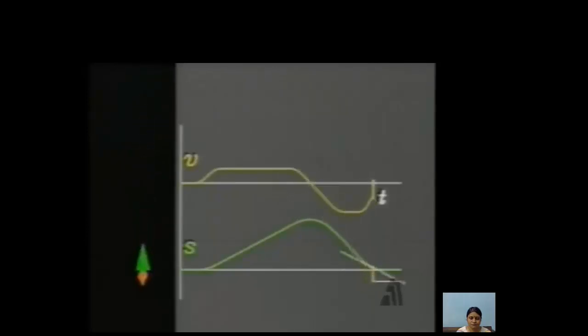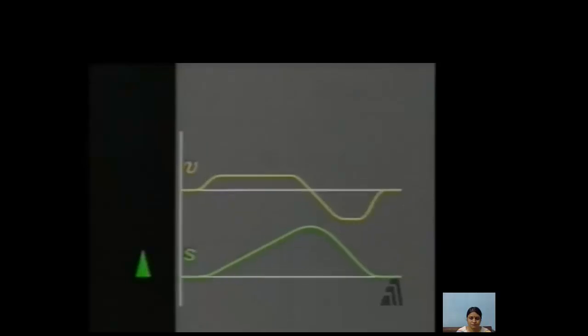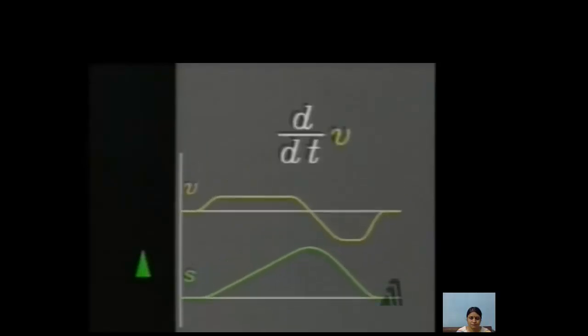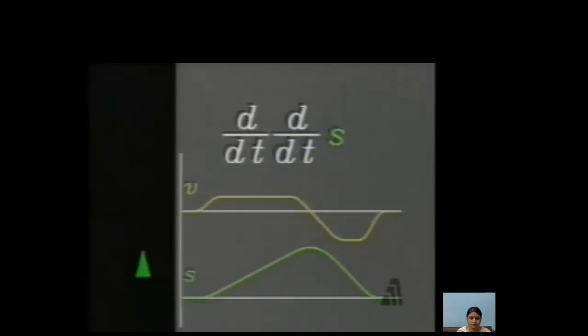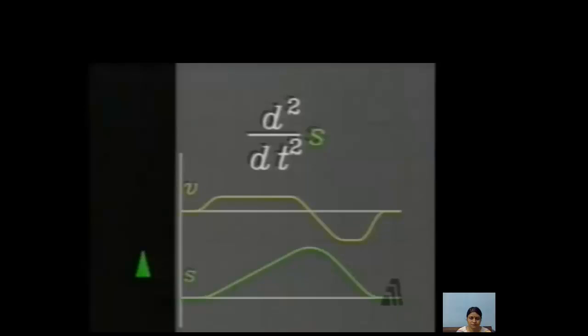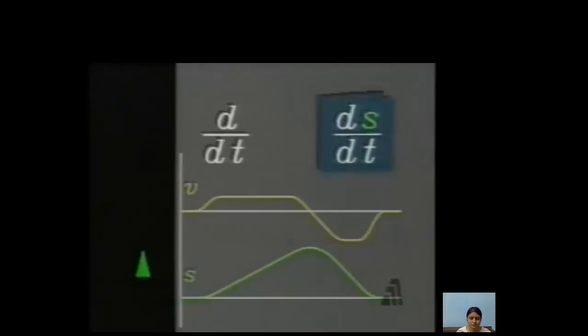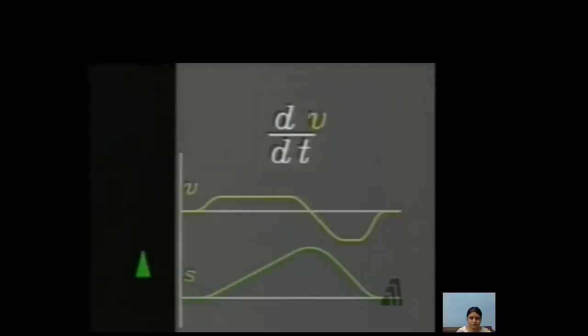The derivative of the velocity is the acceleration, which is the same as taking the derivative of a derivative. That is, the second derivative of s. The acceleration is caused by the firing of the rocket,